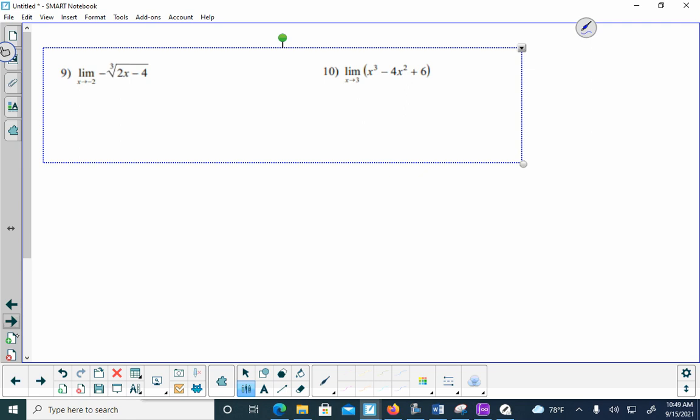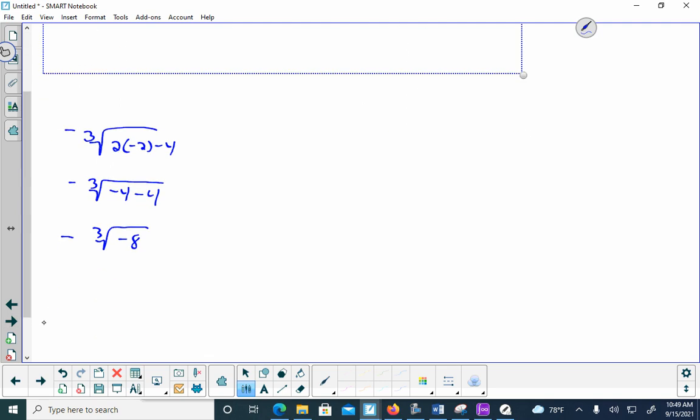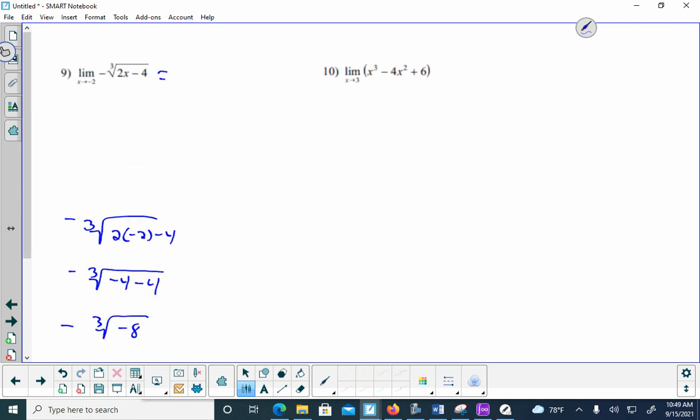The next one, number 9, I'm taking the opposite of the cubed root of 2 times -2 minus 4. So I'm taking the opposite of the cubed root of -4 minus 4. So I'm taking the opposite of the cubed root of -8. The cubed root of -8, remember you can take an odd root of a negative number, and that is just going to be -2, because -2 times -2 times -2 is -8. And when I take the opposite, I'm going to get 2,